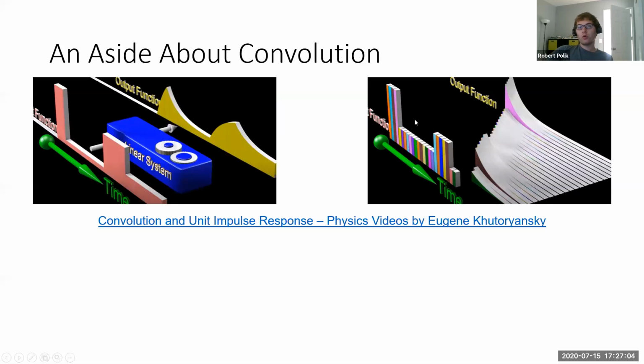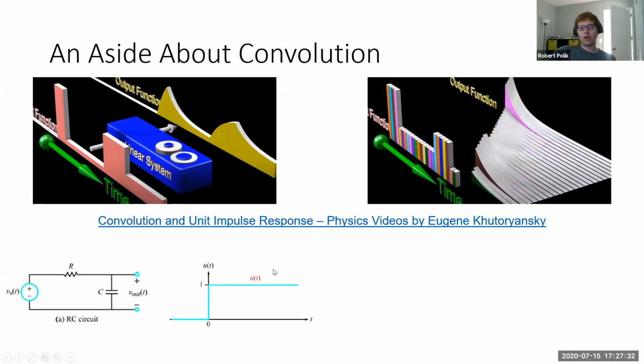The reason you do the integral is because if you imagine these rectangles becoming infinitely thin, that's when they become equivalent to the unit impulse function. And so now you have the unit impulse function, and this is why it shows up when you're trying to figure out what the output of the system is. You don't have to understand that completely now. We're going to go through two examples that will hopefully help you understand. So we're going back to our RC circuit. We have our unit step input, and we have our impulse response.